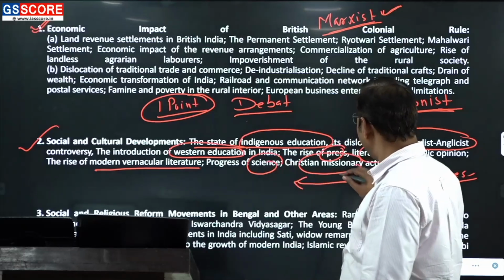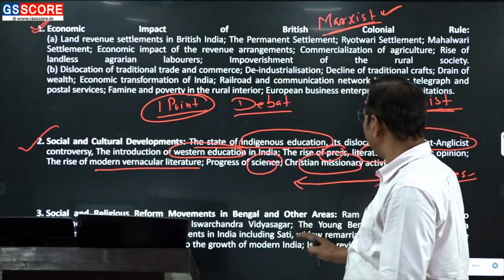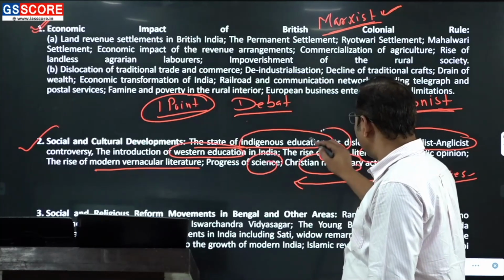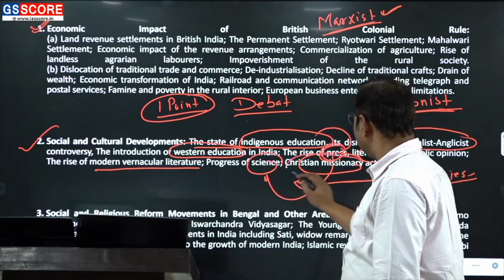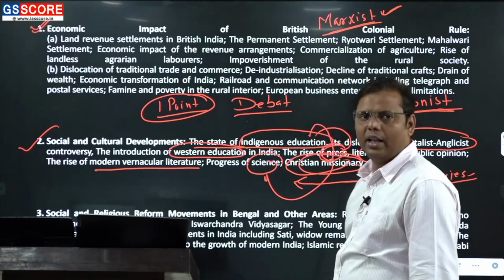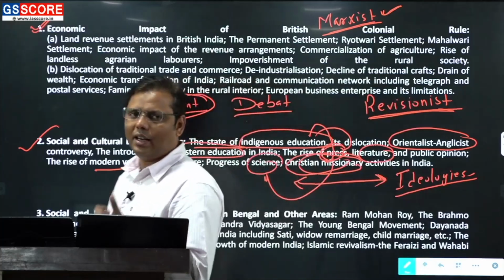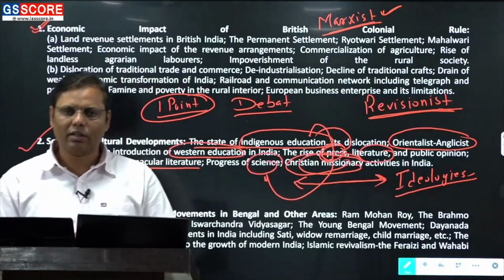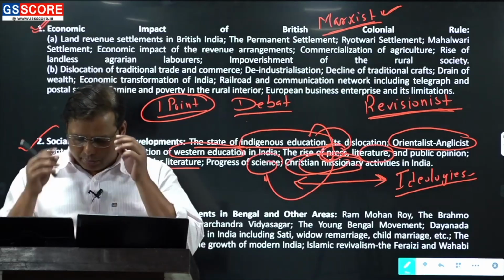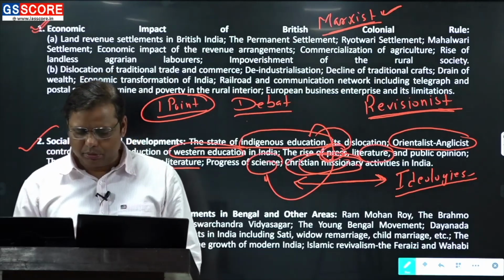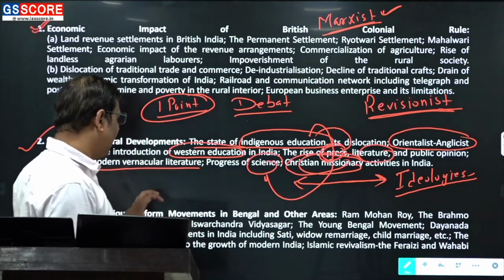So basically here horizontal study must work a lot, because the press can be related to education, the press can be related to the development of science, the Christian missionaries can be related to education, and everything could be connected to each other. If you are able to connect the topics in this way, undoubtedly you are in a better position. Okay, fine. So when it comes to this part, again you need to be very careful here.